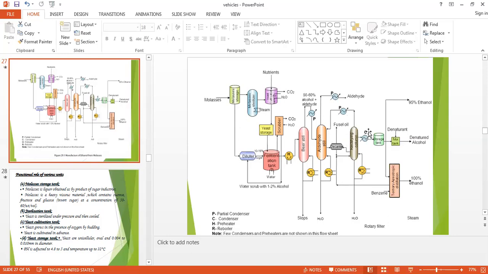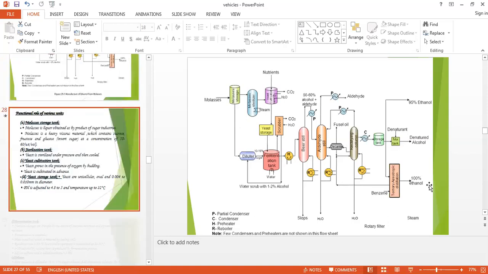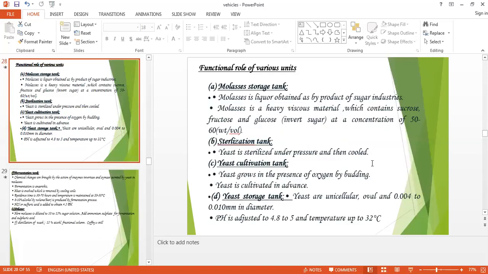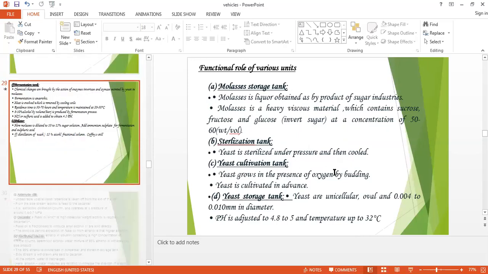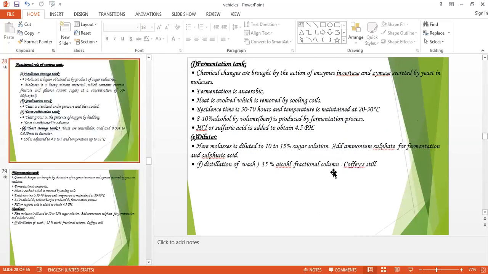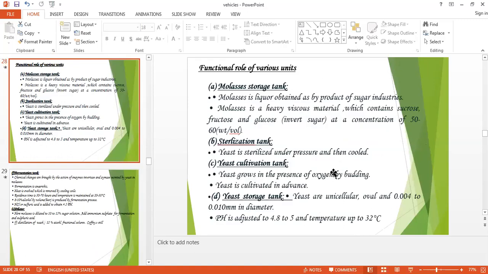So there are various steps involved in the preparation of ethanol. We can prepare ethanol from starchy substances also, but here we have prepared it with molasses. There is a sterilization tank and yeast cultivation, as we have seen. These are the steps of the preparation of alcohol from sugarcane.